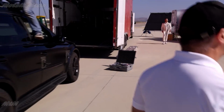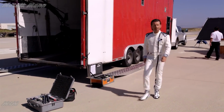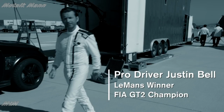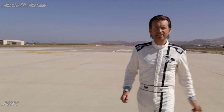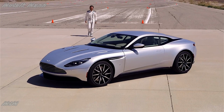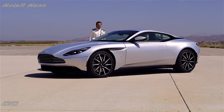AMCI Testing is an independent automotive research firm specializing in unbiased comparative evaluations of automotive products. They just completed dynamic testing between two of the world's most stunning GT coupes, and I'm here to confirm it all for myself. This is the Aston Martin DB11, the latest in a long line of brutish and legendary